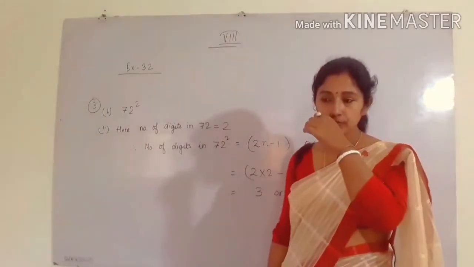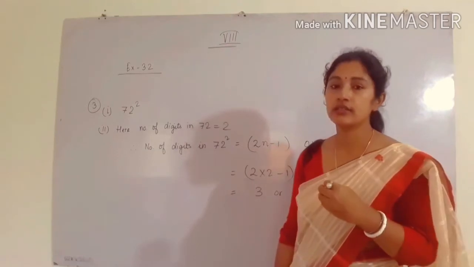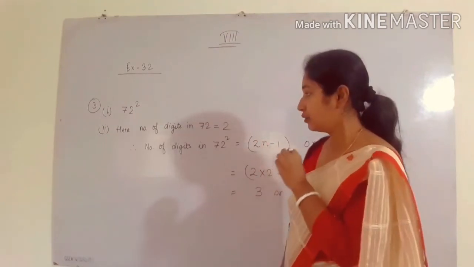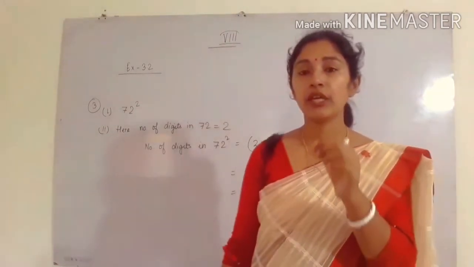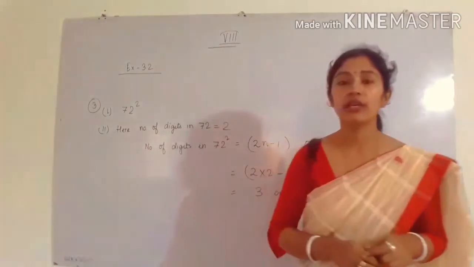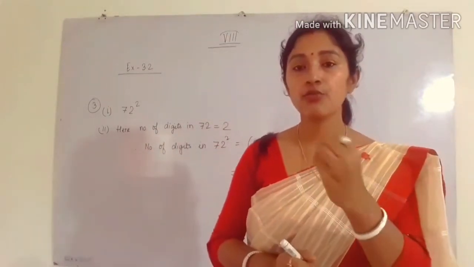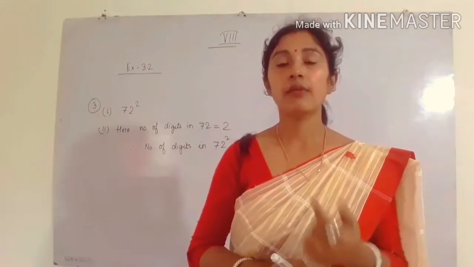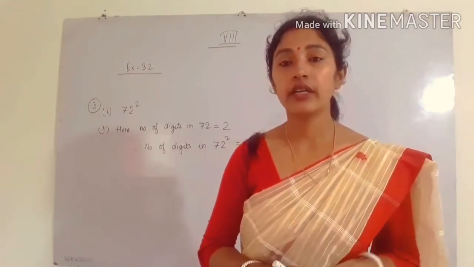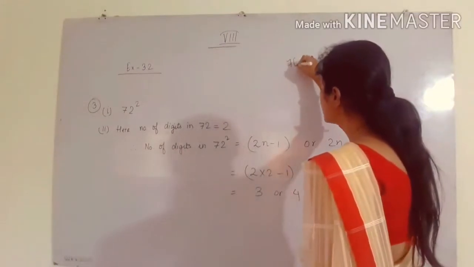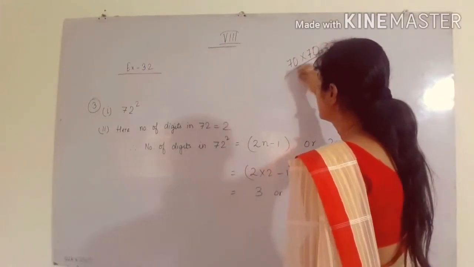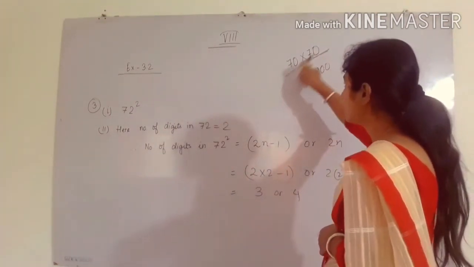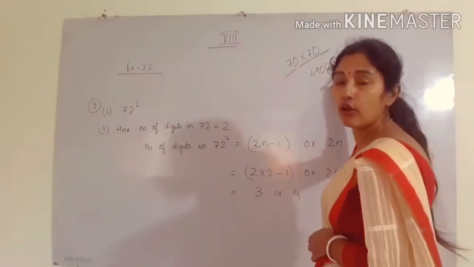Now if you want to write the correct answer, that is the total number of digits, then you have to go to the lowest tens number. You have to write the number that is closest to 72 and is a multiple of 10. Okay, write the smallest number. For example, I write 70, because 70 is closest to 72 and it is a multiple of 10. So the square of 70 is how much? We can easily do 70 square because it is very easy. We will get 4900, because 7 sevens are 49 and 10 into 10 is 100. So here we are having 4 digits.